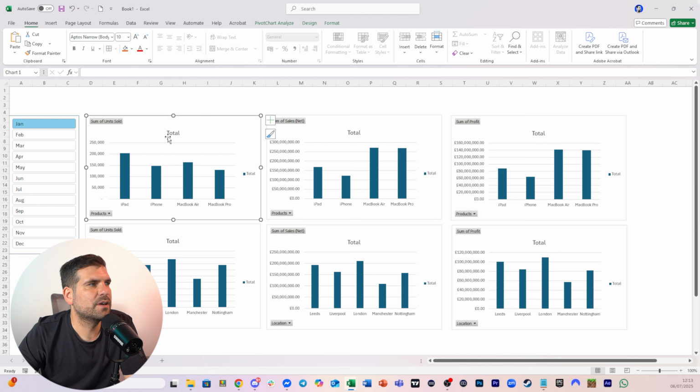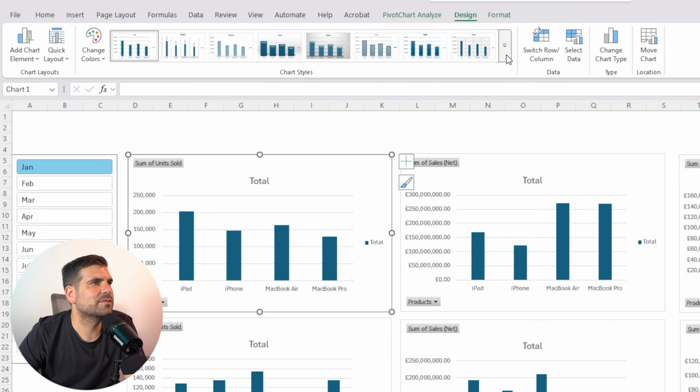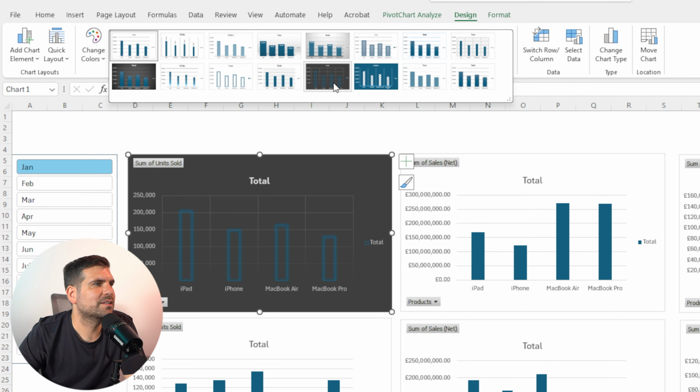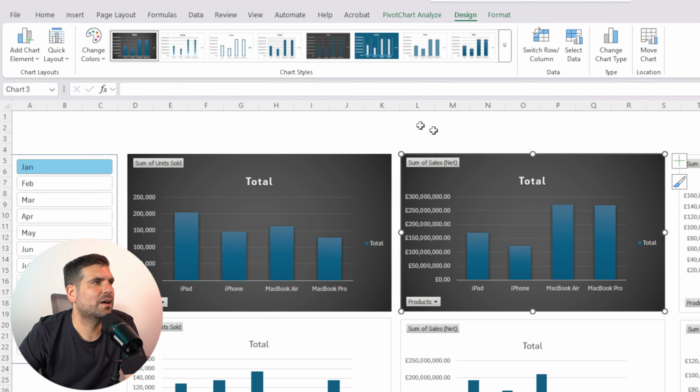I'm going to select this first pivot table. Okay, this is units sold, which we can see here. If I go to the design, you can see that we have lots of different options here. I personally tend to like to see things like this, a grayed out view, and it's probably the style that I'm going to go ahead and apply to all of our charts here